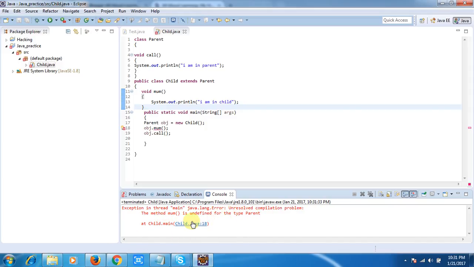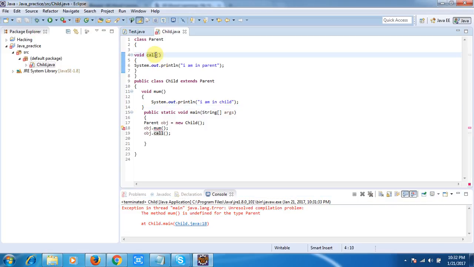Now if the parent class and child class both have the same method name, meaning the child class is overriding the parent class method, then the child class method will be called. Suppose this is the example: this is parent, and we have a method, let me modify it a little and write alpha.